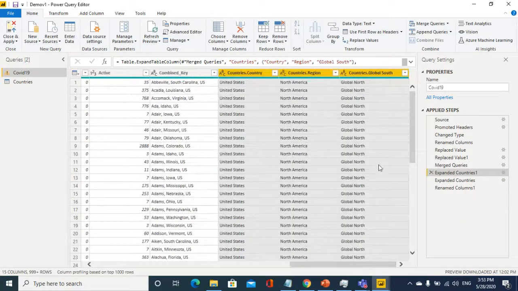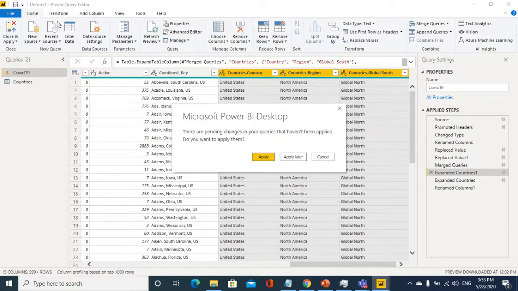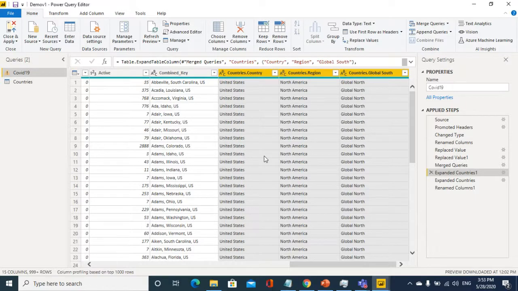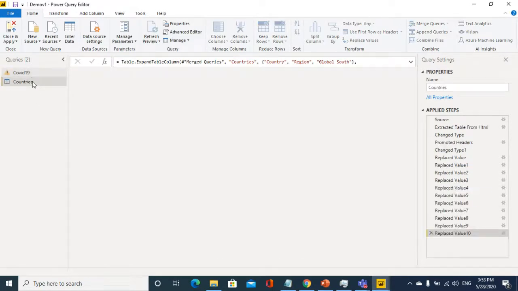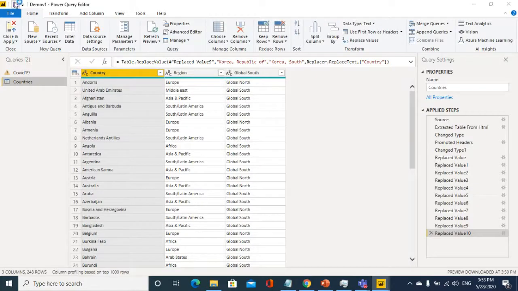So it gave me country and everything. Somehow it is having an issue.